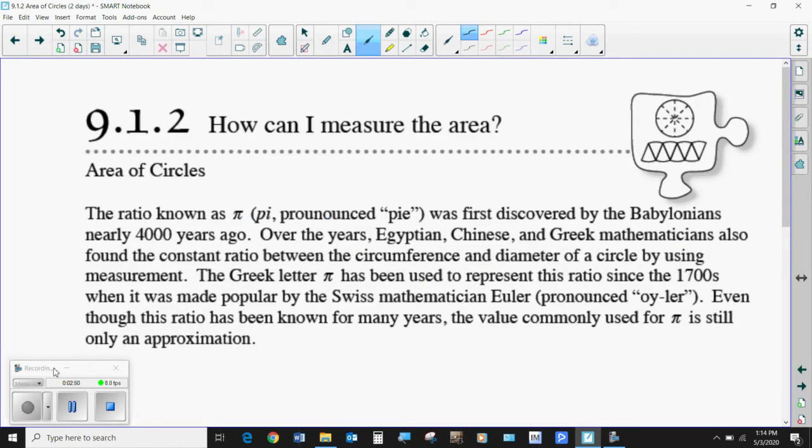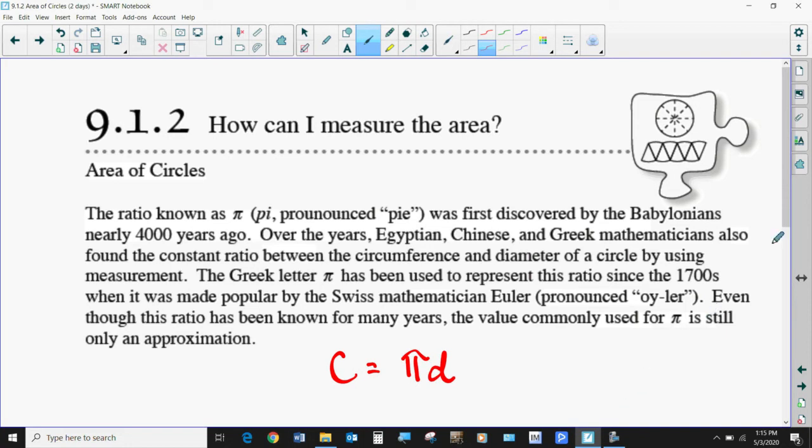All right, so the ratio known as pi was first discovered by the Babylonians about 4,000 years ago. Over the years, Egyptians, Chinese, and Greek mathematicians also found the constant ratio between the circumference and diameter of a circle by using measurement. Okay, so just so that we remember, we learned that circumference is equal to pi times the diameter. We learned that in lesson